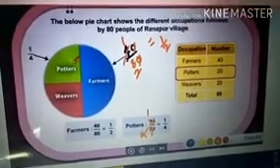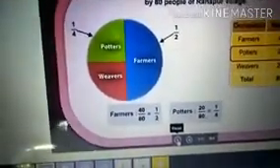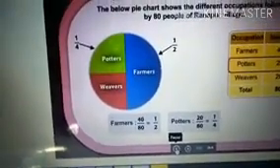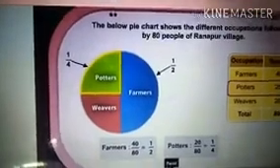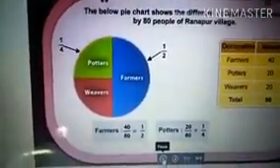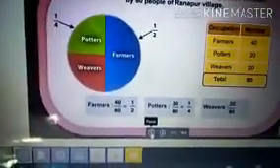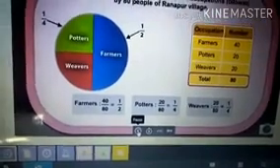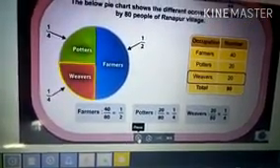Is it clear? So, a quarter of the total number of people are potters. We can depict this by shading a quarter of the circle and labeling it as potters. Since the number of weavers is also 20 among 80 people, we can say that a quarter of the total number of people are weavers.